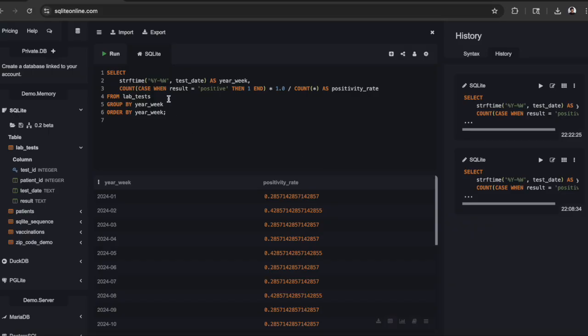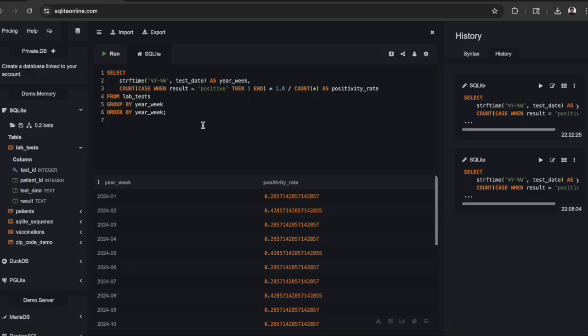First, I've already gone ahead and filled out the data table. My first question is, we want to figure out what the weekly positivity rate is: positive tests over total tests for the county. First we needed to extract the week number from the test date column. As we can see right here, I've already plugged in the code that works, and we are also using